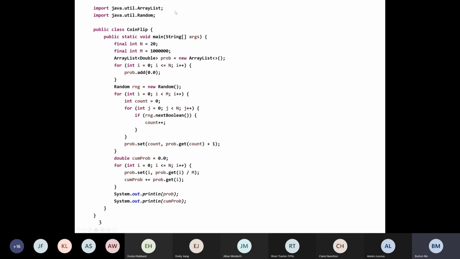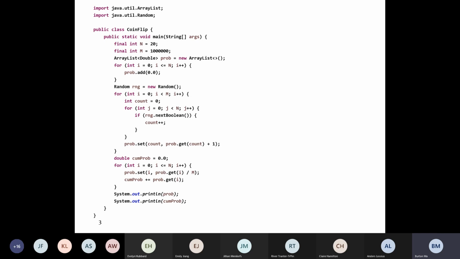Now this is a simulation, so there is an aspect of randomness to it. The probabilities that you get at the end are not exact. If you run the program again, you'll get slightly different numbers, even with 1 million. If you run the program over and over again, the probabilities will be slightly different each time. As the value of m increases, you'll get closer and closer to the expected probabilities,